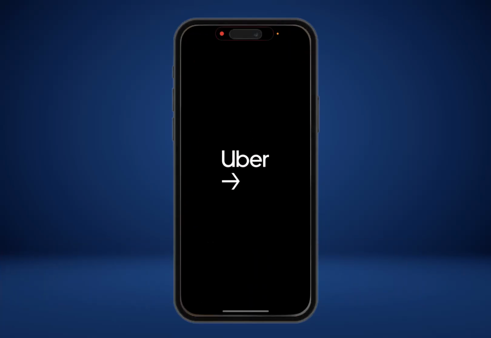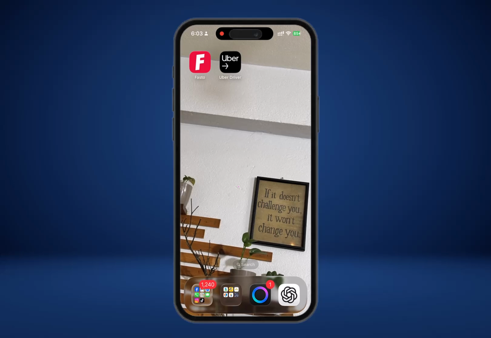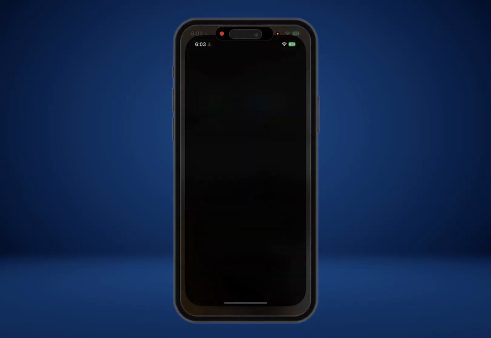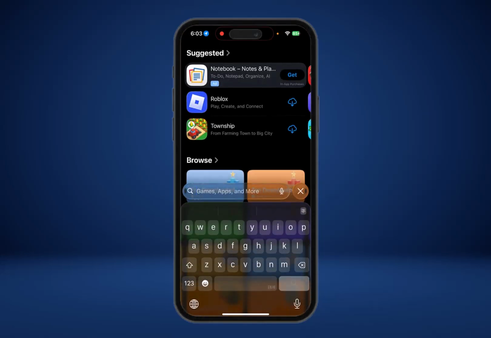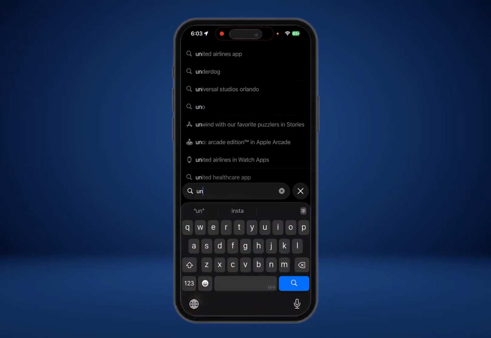All you need to do is first try to force close your application and reopen it. If that fixes it, well done. But if it doesn't, then what you want to do is simply go ahead and open your app store. Then simply go ahead and search for the Uber driver application